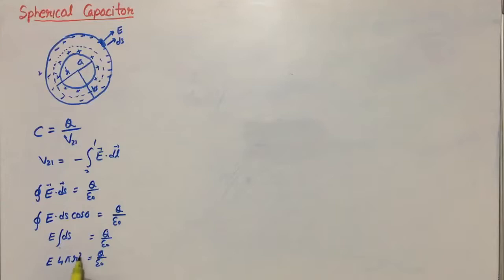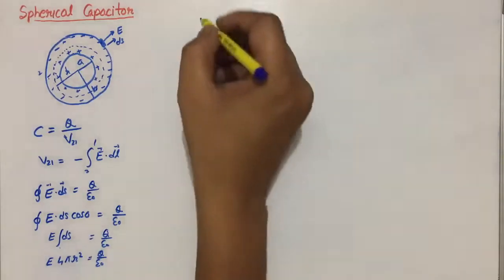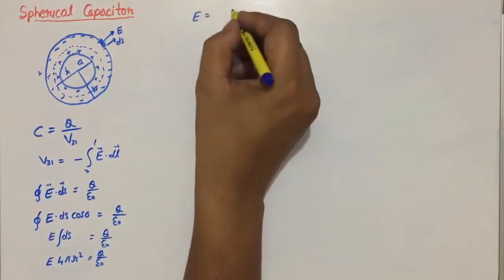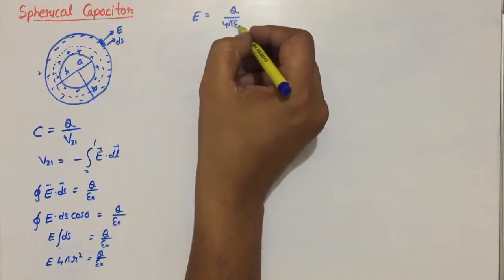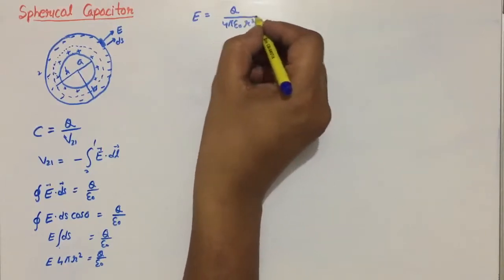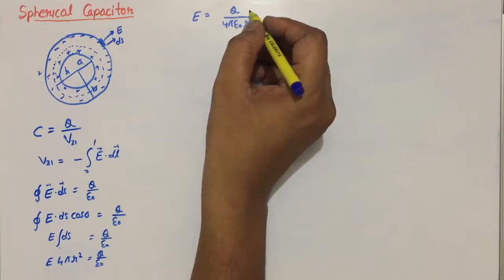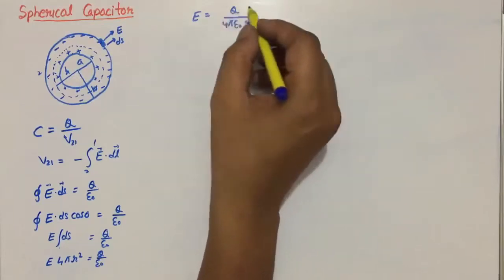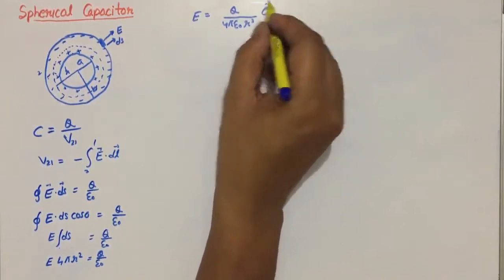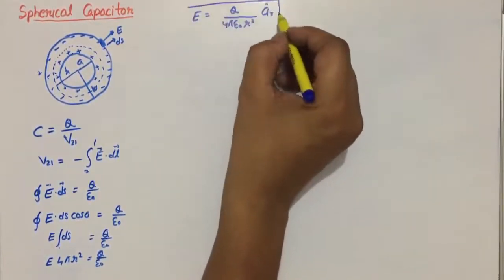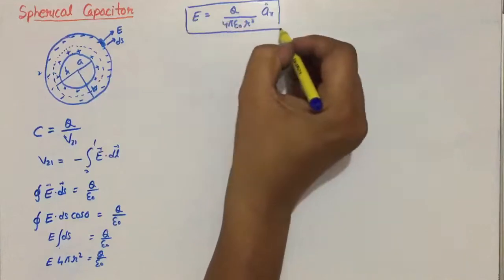Hopefully it is clear. That is the radius of the Gaussian surface and the surface area of that Gaussian sphere. So from here we can find E will be q by 4 pi epsilon naught r square after the simplification. It will be in the direction of the radial vector. So this is our electric field, we know this,